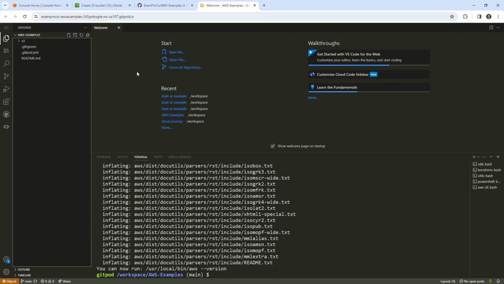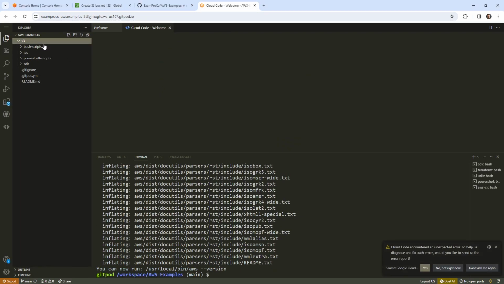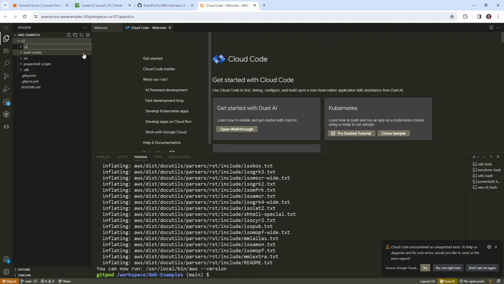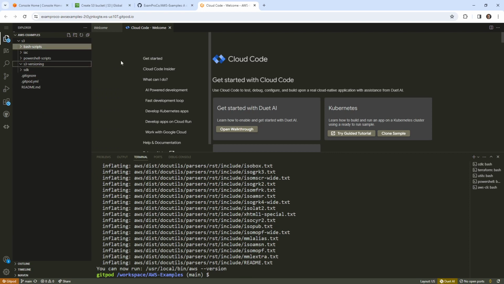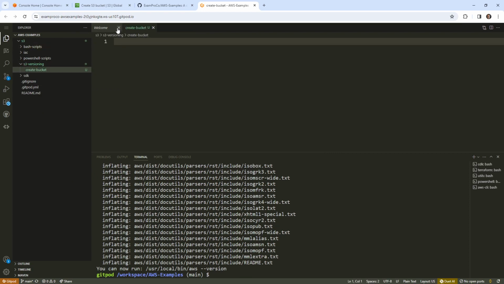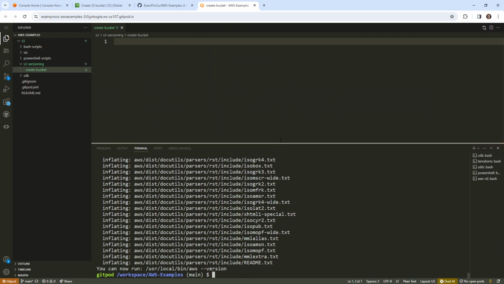So what I'm going to do is over here in S3, I'm going to make a new section, and we'll call this S3 versioning. Versioning, there we go. And in here, we'll just create some scripts. So I'm just looking at what I was doing here before, if there's anything interesting. No, not really. So we'll just say create bucket. And what I want to do is create myself a new S3 bucket. So we know that this is AWS S3